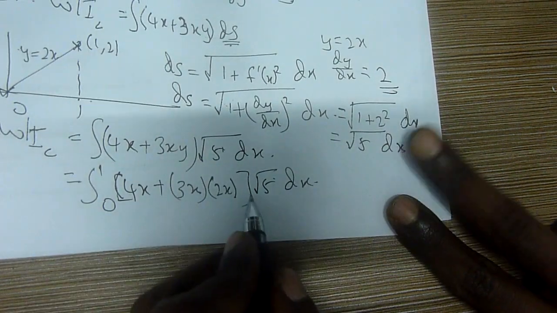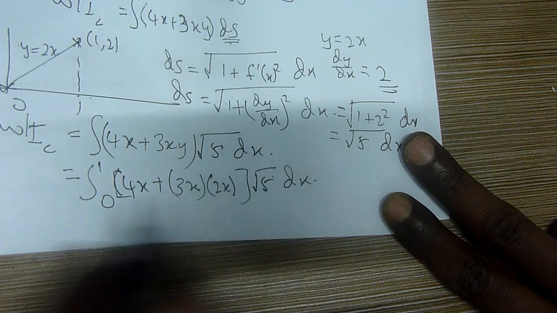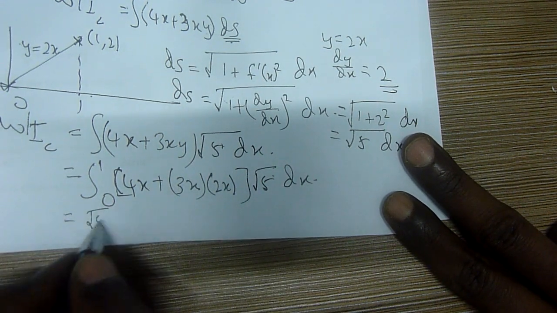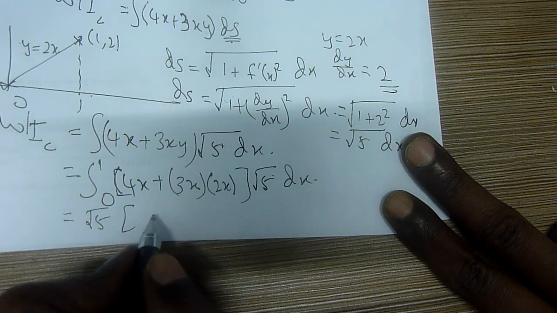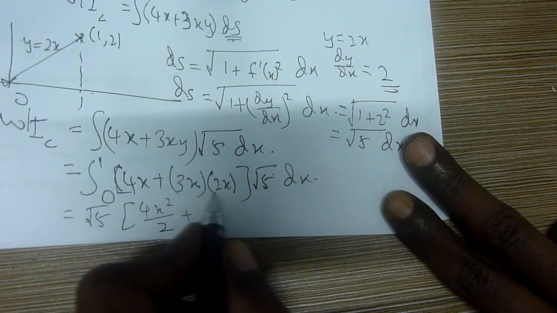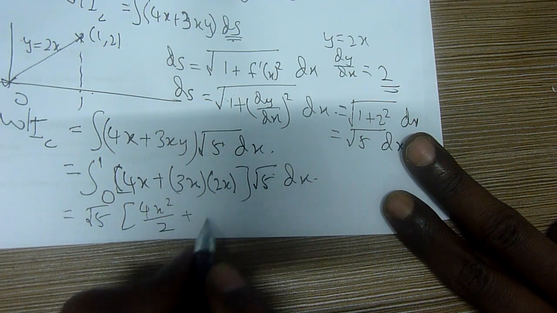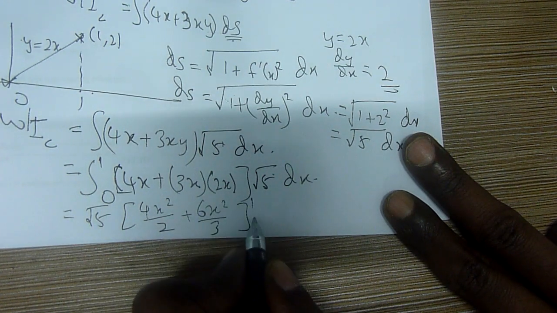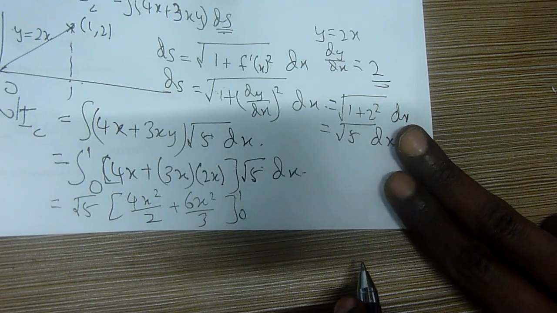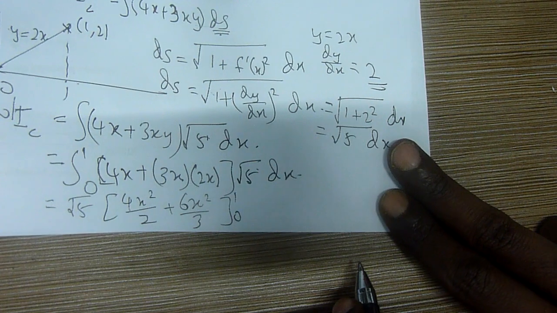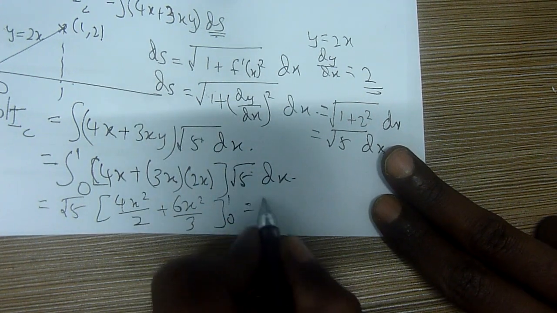Please, I hope that you can solve this comfortably. Let me show you this. It is 4x squared, 6x squared, therefore 6x squared by 3 from 1 to 0. The solution that you will get here is